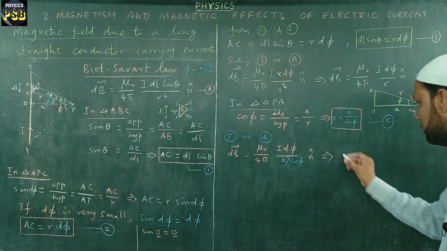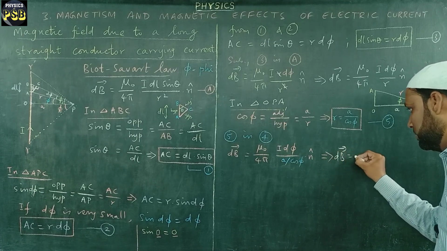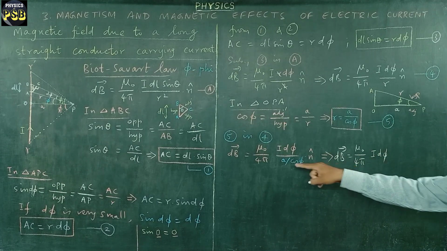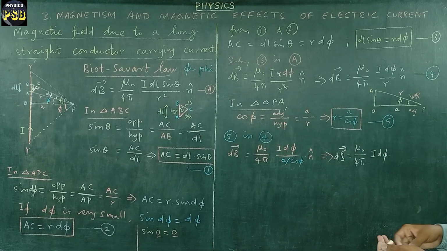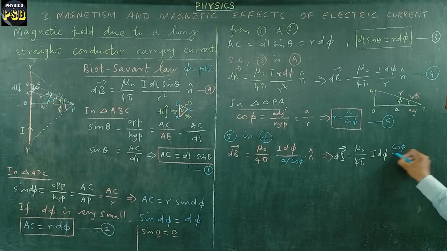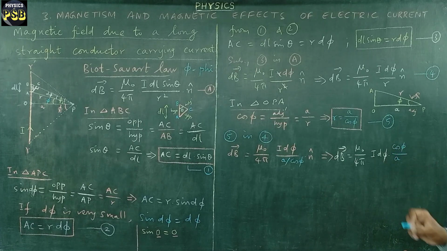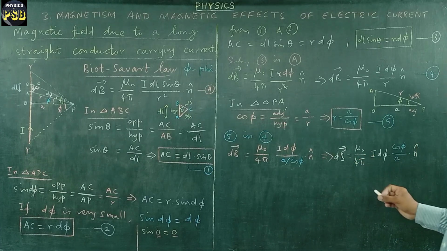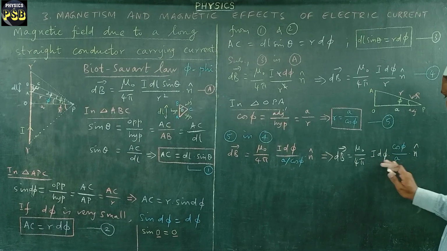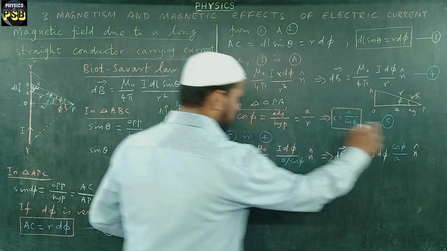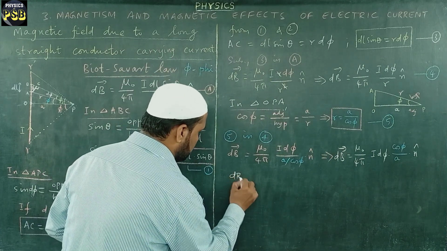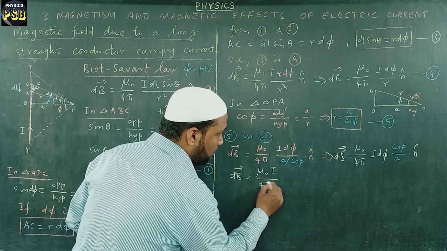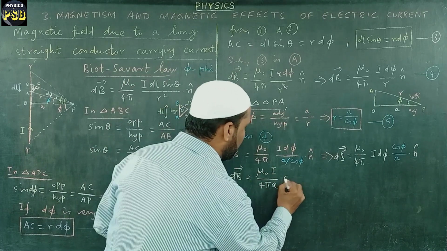So what I will get if I do so? I'll get dB vector is equal to mu naught upon 4 pi, so I d phi, when it's taken up, cos phi goes to the numerator and a comes down, n cap. Alright? This is what I get. So I rearrange this one. Rearranged, dB vector is mu naught I upon 4 pi a cos phi